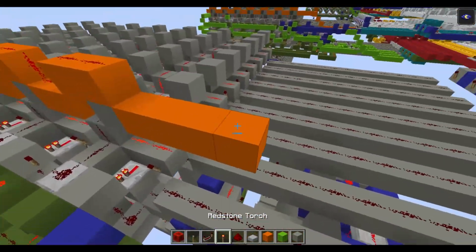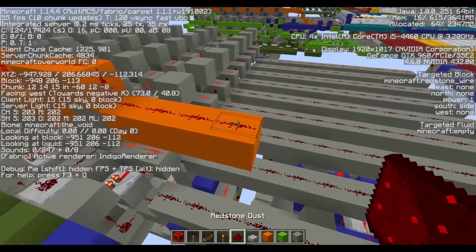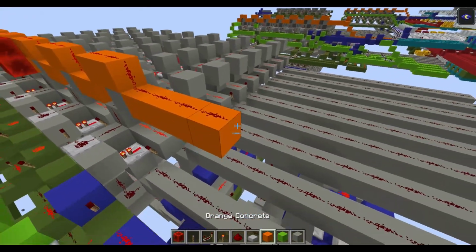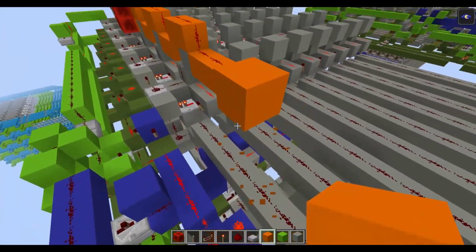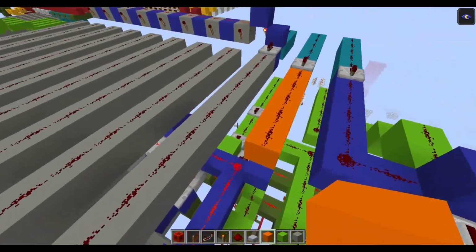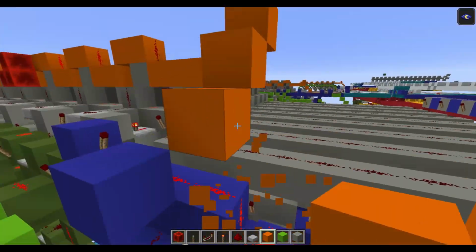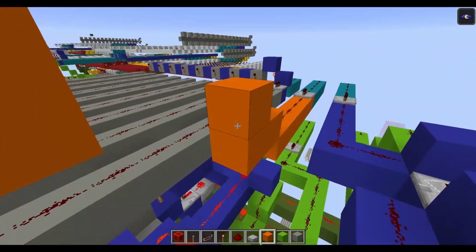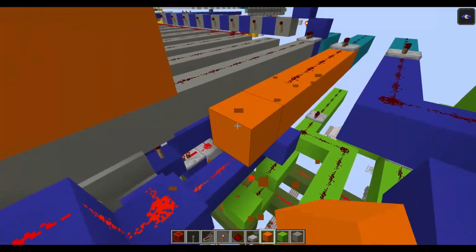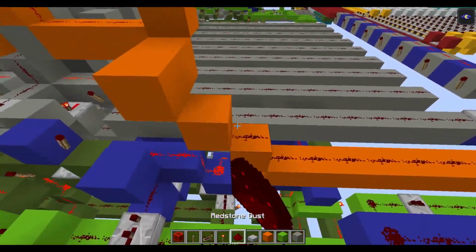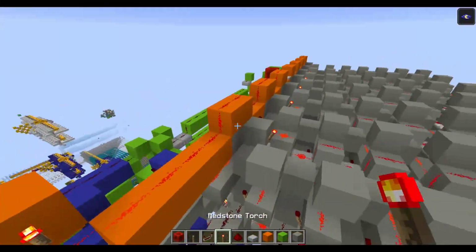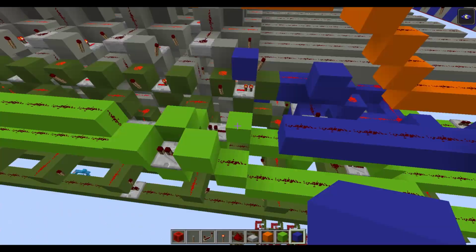So let's do this. We have one, perfect, and we can do it like this and connect it. Maybe something like this. I prefer to do that. Okay, and repeat torch here to lock all.